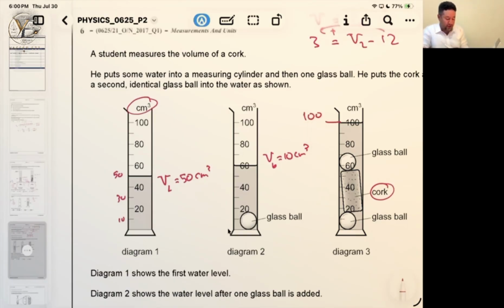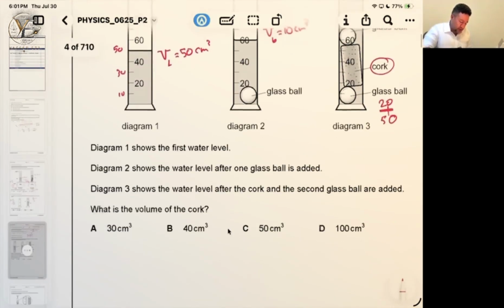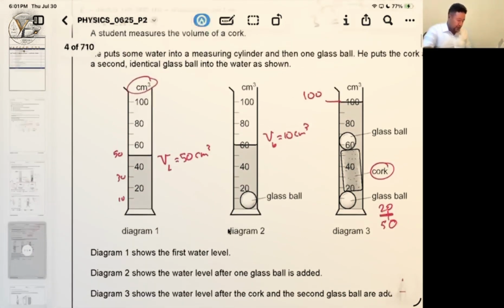And we have two glass bowls, which is 20 cubic centimeter, and the water is 50, so the total is 70, and 70 from 100 is 30. So what is the volume of the cork? The volume of the cork will be 30